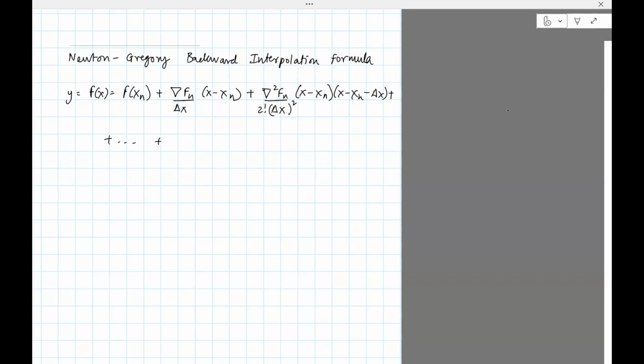That will be del n fn divided by n factorial delta x raised to n, and then we'll have a string of polynomial terms: x minus xn, x minus xn minus delta x, and so on till x minus xn minus